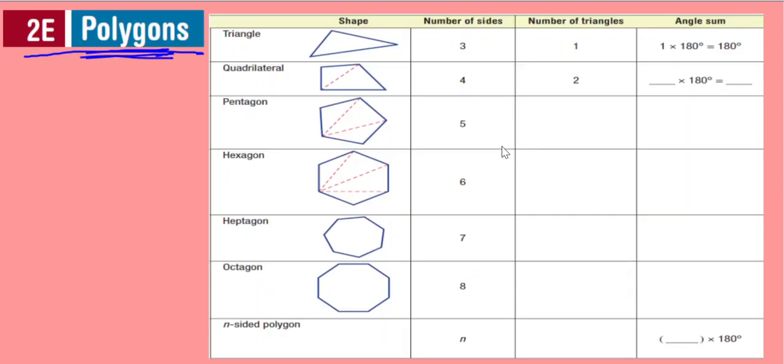All right, now back to this little interesting table that we have here. As we already know, the angles in a triangle add up to 180 degrees, don't they? And in the last video, we saw also that the angles in a quadrilateral with four angles add up to 360. We worked out that it adds up to 360 because if we drew a line, as we can see here, through the quadrilateral, split it up into two triangles, we then have two triangles, each with 180 degrees, so two sets of 180 degrees, 2 times 180 degrees, equals